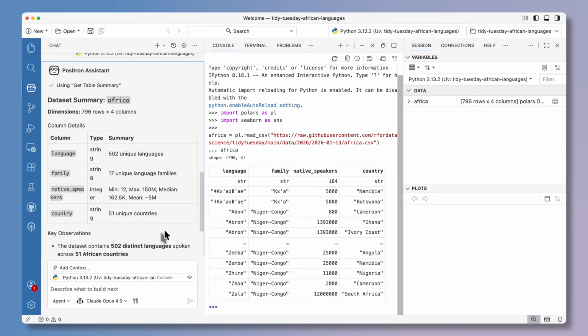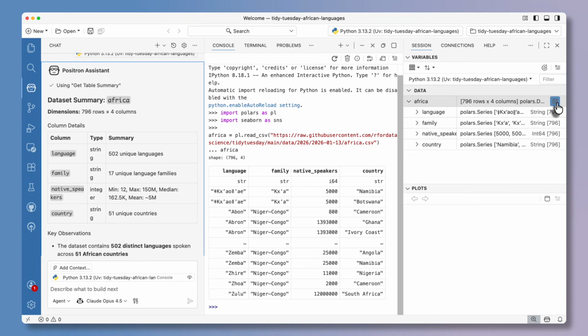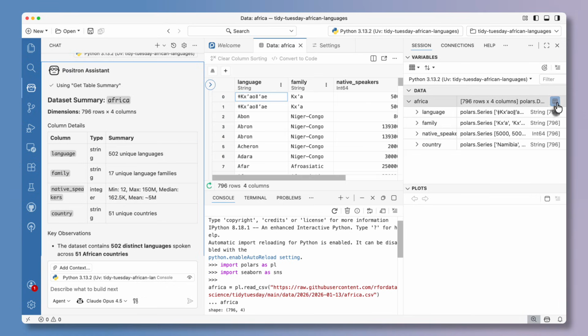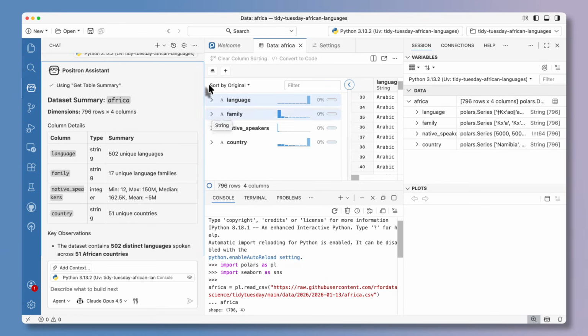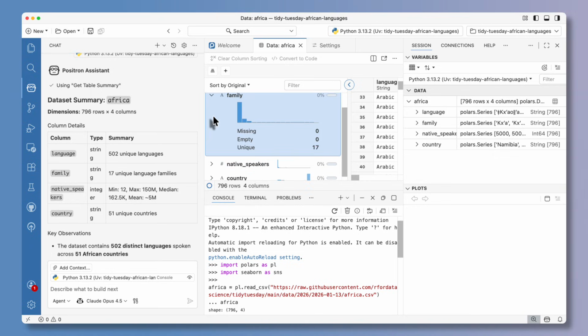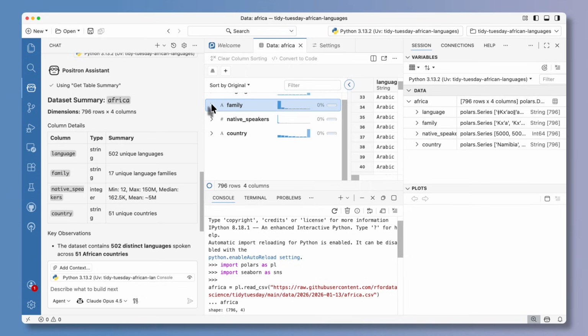This particular tool call is effectively equivalent to the information I, as a human user, can see when I look at the Data Explorer. In this view here, it says language family, 17 unique values, and here are the 17 unique values. So tool calls are what allow an agentic AI thing like Positron Assistant